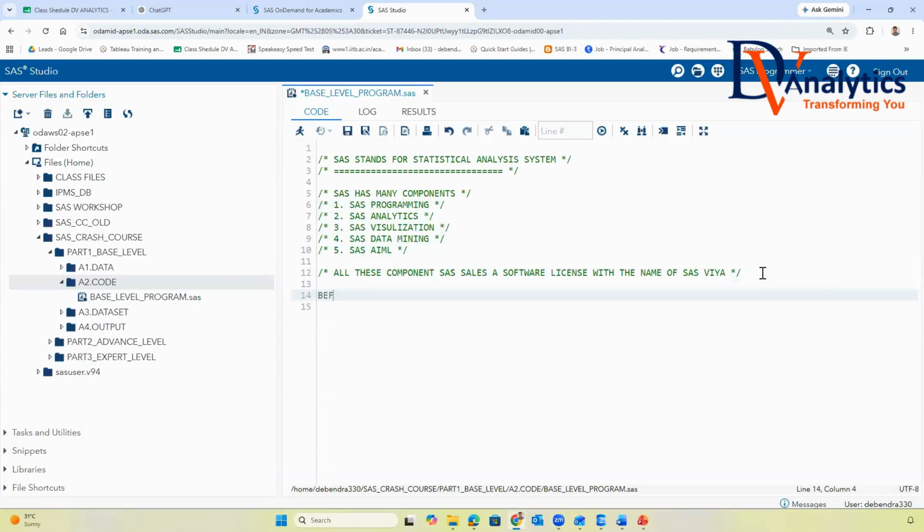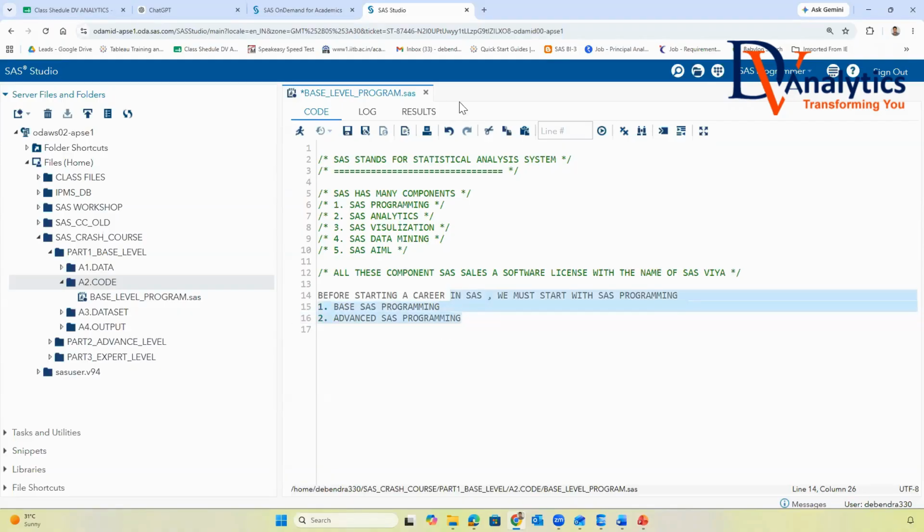So before starting a career in SAS, we must start with SAS programming. Now SAS programming, number one, is called base SAS programming. Second one is called advanced SAS programming.